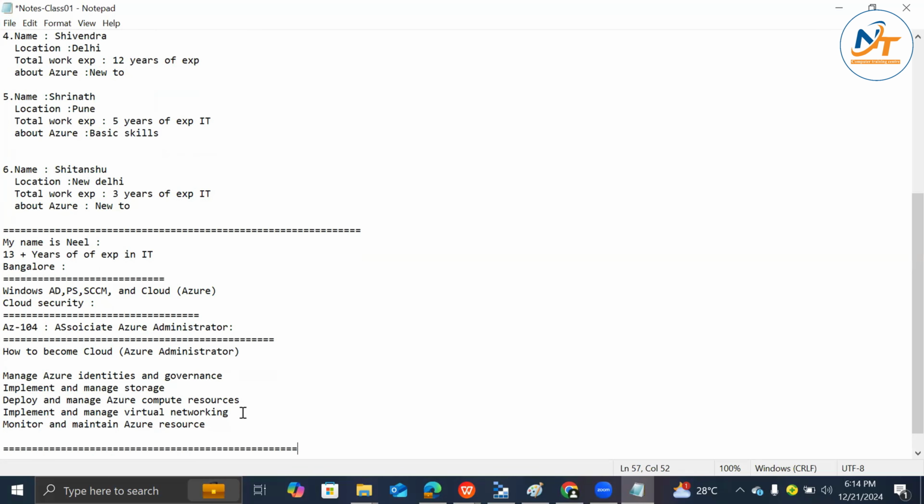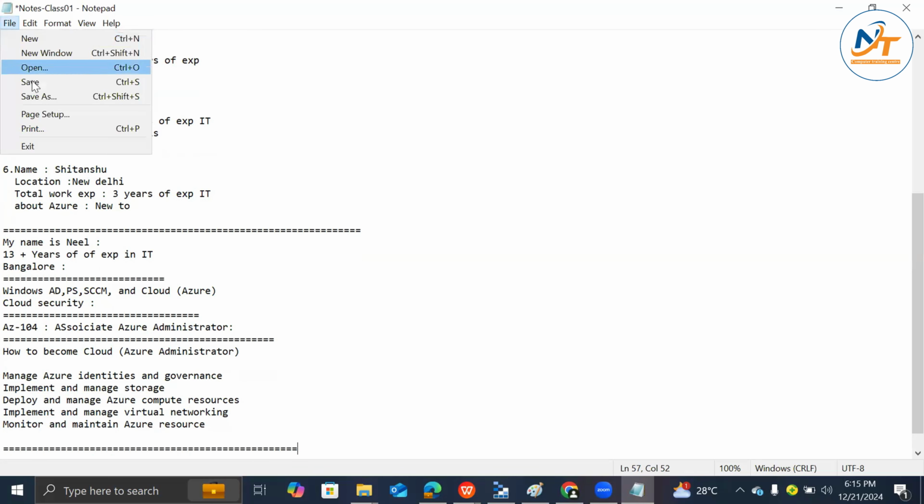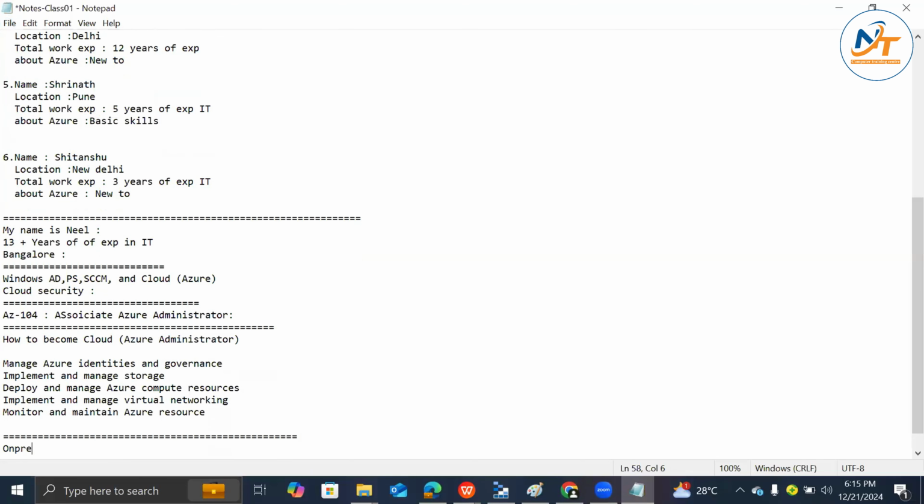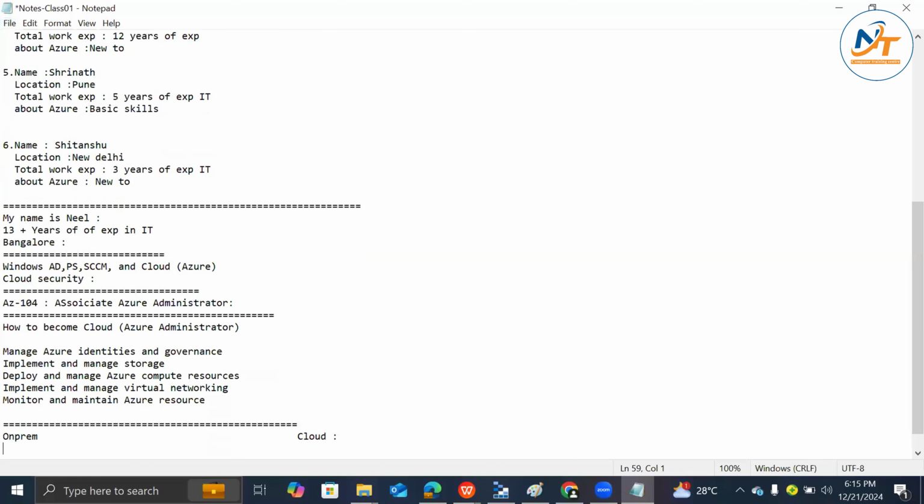Now, before we talk about the cloud, let's understand that we have two things, which are the on-prem environment and the cloud. Why do we need to choose the cloud, and what are the limitations and challenges in on-premises? Then we will quickly talk about